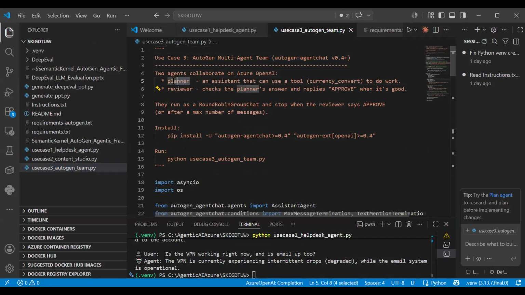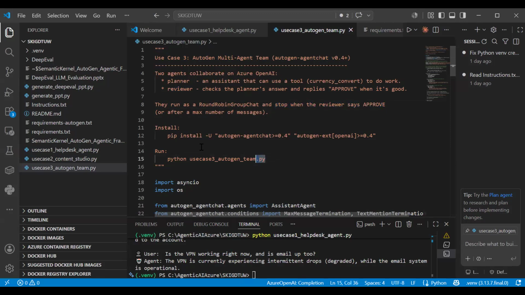There will be one planner and one reviewer. One assistant can use a tool, a currency converter, and the second agent plans and reviews. They run as a round robin chat group, and stop when the reviewer says approve, or after a maximum number of messages.